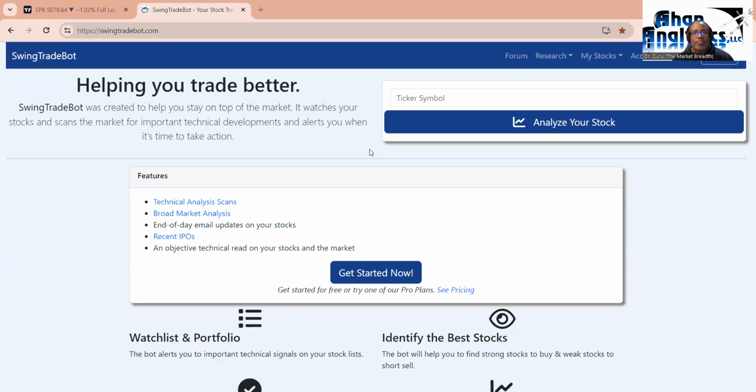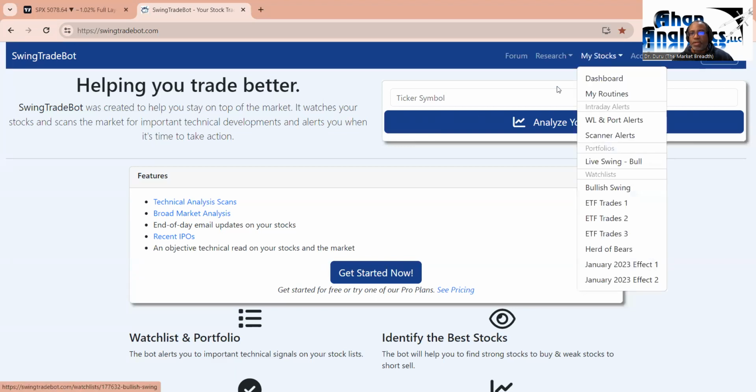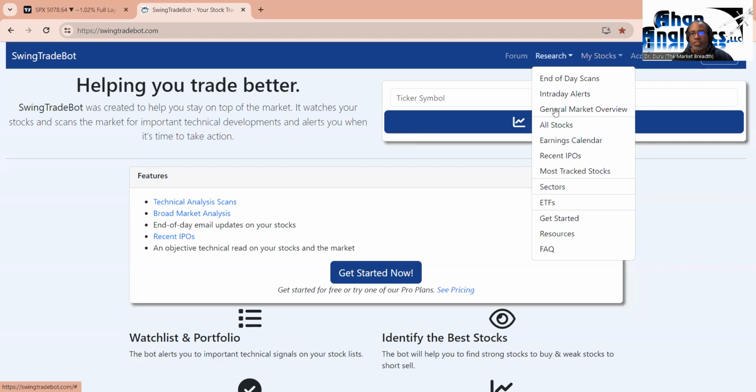So, again, I'm using swingtradebot. I have a subscription, so some of the things I do you may not be able to do if you only have the free version. And let's get started. First of all, I'd like to start with the general